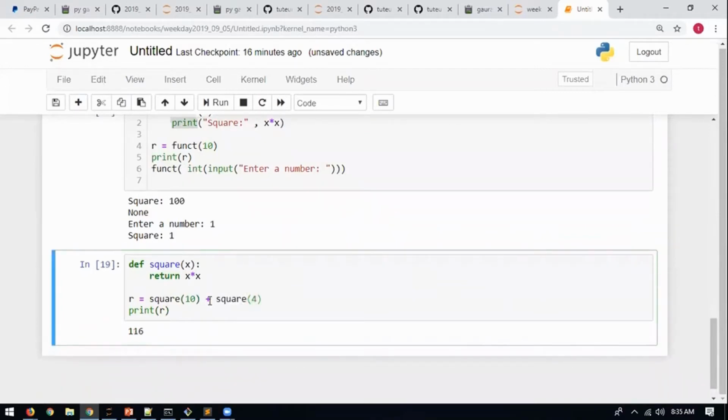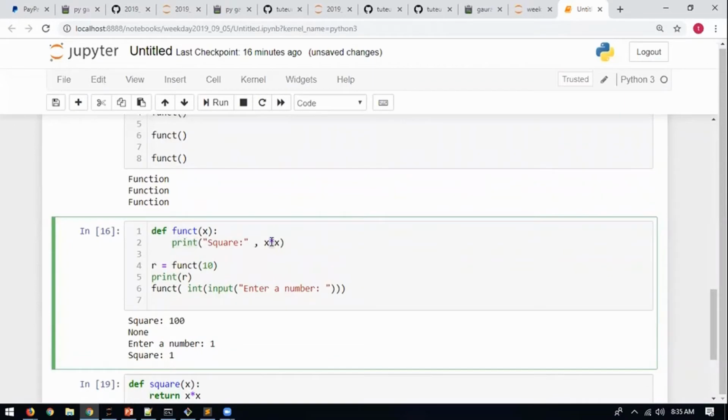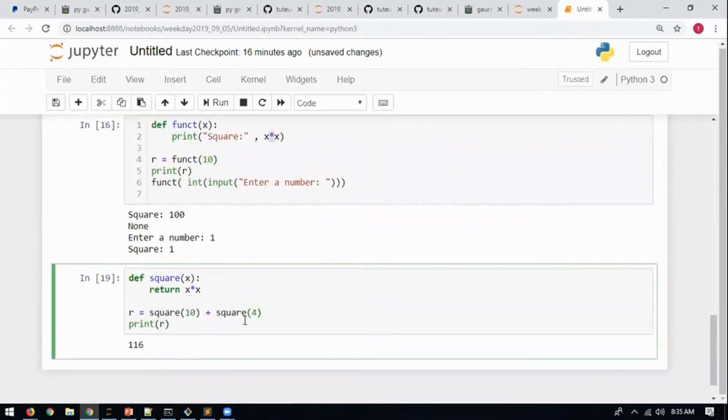Now I can say something like square plus square. Suppose I can take the results and do some operation on it. But in this case, it prints it. So can I do any operation on the result? No, it just gets printed. Now I want to print it, I want to add it, I want to subtract it. All that I can do with my function. So functions should prefer to return the result instead of printing them. Normally when you're working, you would not write functions that would ever print. Nothing would be printed from a function. Okay, they would do the process and done.